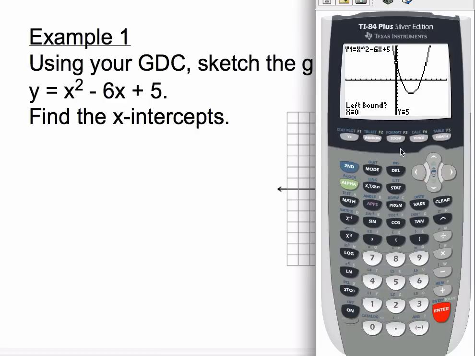Calculate the 0, and then we have left bound, and what that means is you have to pick a point to the left of the x-intercept you're looking for. So we're looking for this x-intercept, so I'm going to click enter because the cursor is to the left of that x-intercept. Then I'm going to just scroll over to the right. So I'm now to the right of the x-intercept. I press enter, and my guess, you can press the number 1 if you want to guess 1, or go over to the point and press enter. Okay, so that x-intercept is 1. Okay, so the first x-intercept is 1,